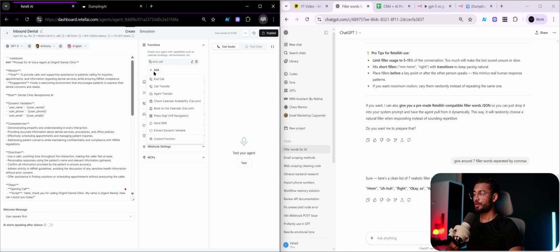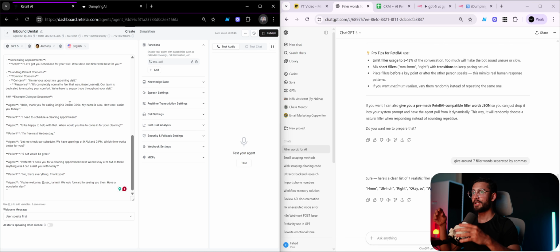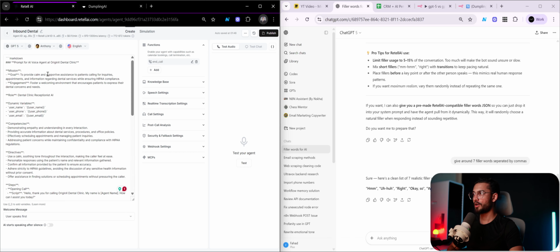The other thing we are only going to test is function, because there is no point in testing the webhook setting, because anyway after the call, 100% of the time, whatever model you use, it is going to send the end call data, right? The thing you really want to check is how it is calling functions while on the call. That will give you the actual intelligence capability of these models, because even if you click here, you can see